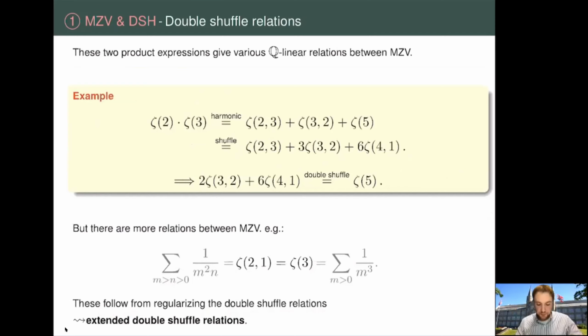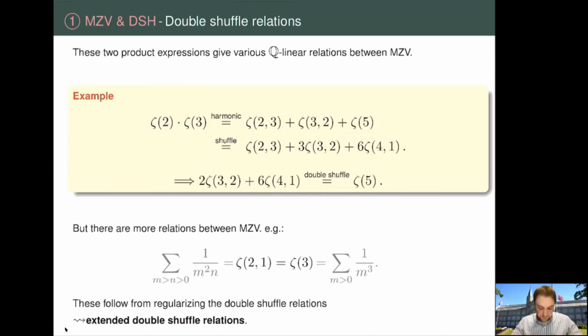So for example, this is what you saw in this table, that zeta 2 times zeta 3 by this harmonic product is expressible like this. And using the shuffle product, we get this formula here. And because they are the same, we get this linear relation here between these numbers. And this gives a big family of linear relations, but it turns out that this is actually not enough to